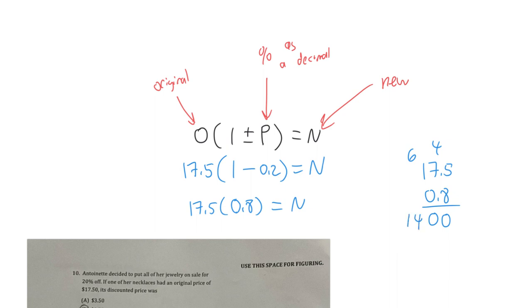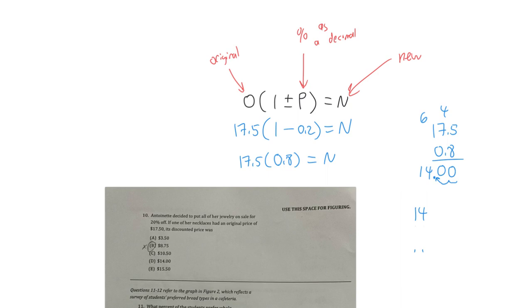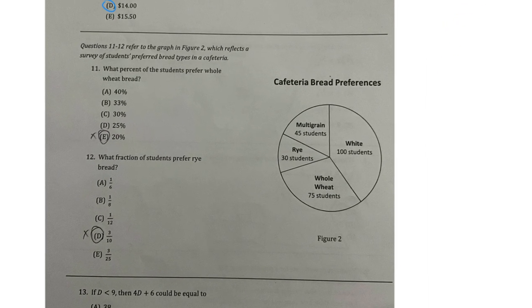It is also the case that we have 1 decimal and 2 decimals, so it's going to be 1, 2 over, and therefore we're looking at 14. So the new discounted price is going to be 14. So that's right here. Okay, looking at problem number 11,